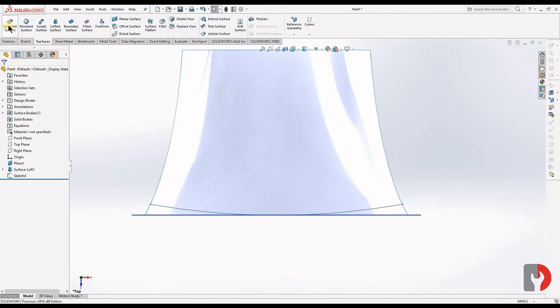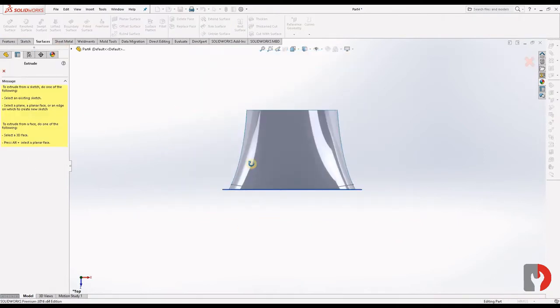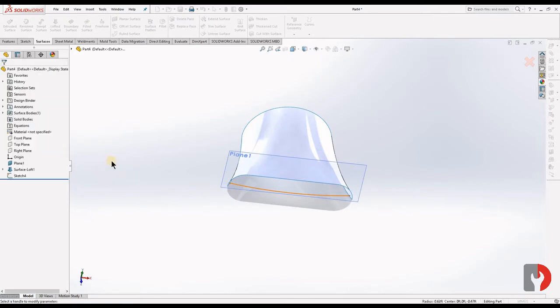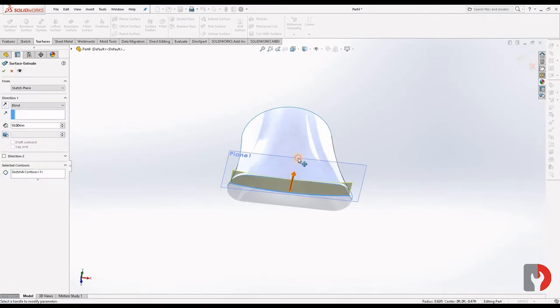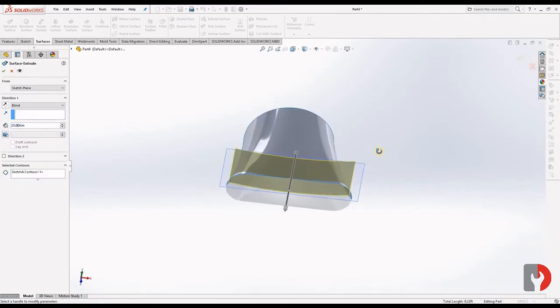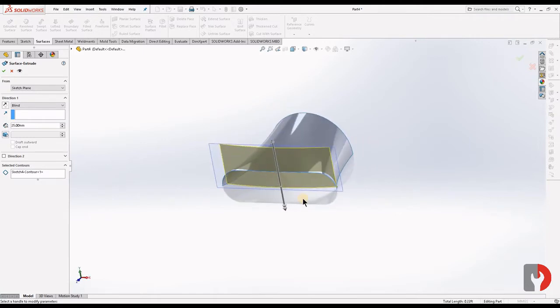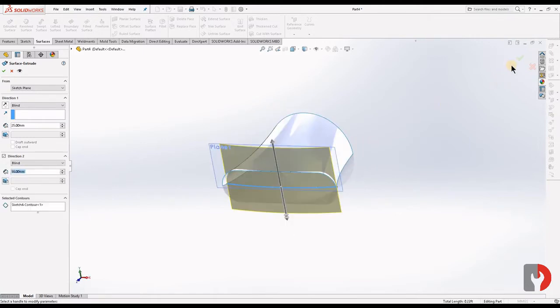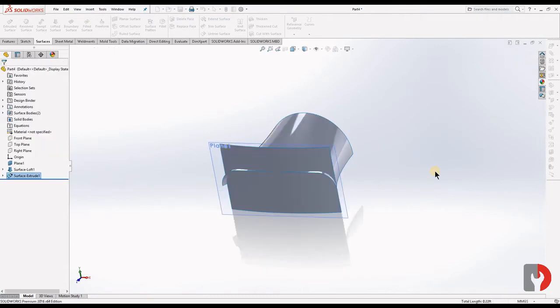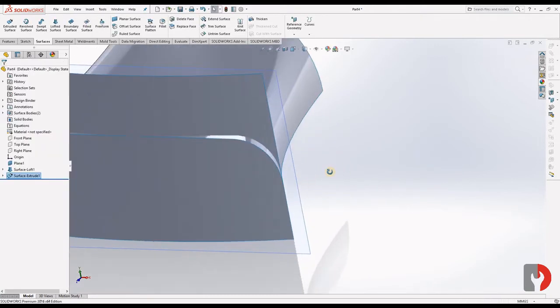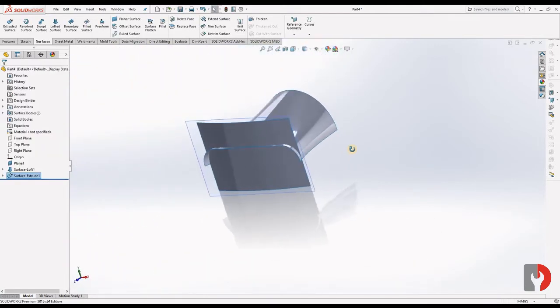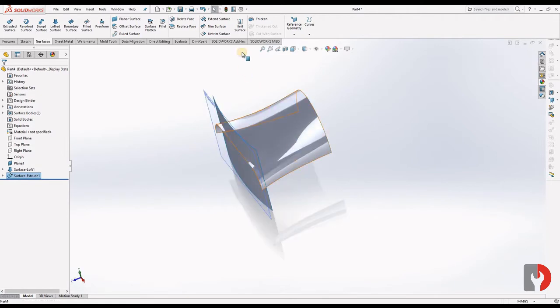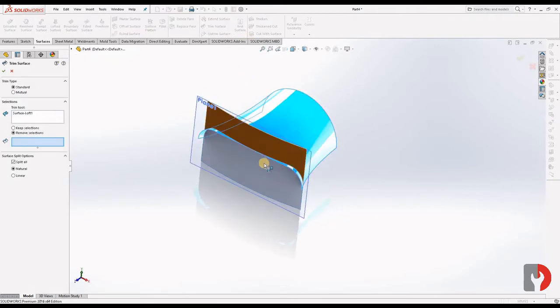Go to extrude surface. Choose this plane. Okay. Now we will choose this face, trim surface, and we will trim this off. Okay.